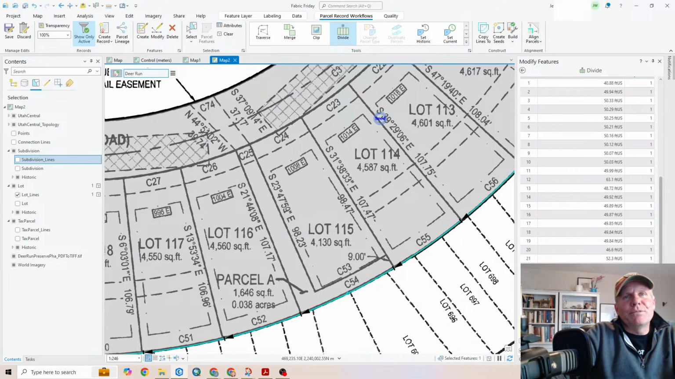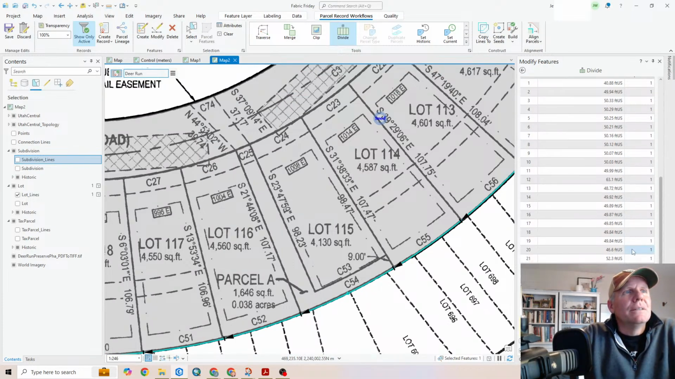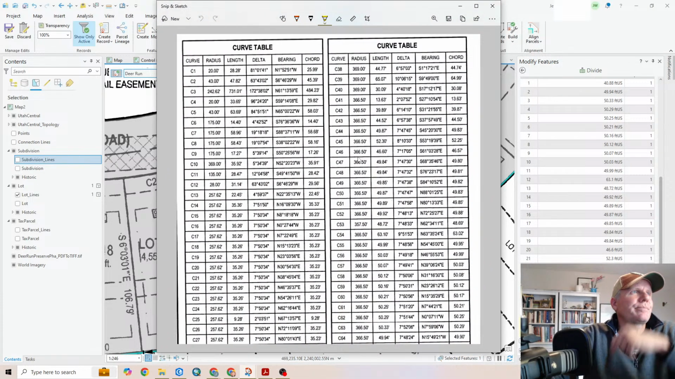So that's fun. Let's start with 41. So I'll bring this over here. 13.63, 39.89, 44.52, 49.87, 52.3, 46.6, 49.84, 49.84, 49.85, 49.87, 49.89, 49.92, 48.72, 63.1, 49,